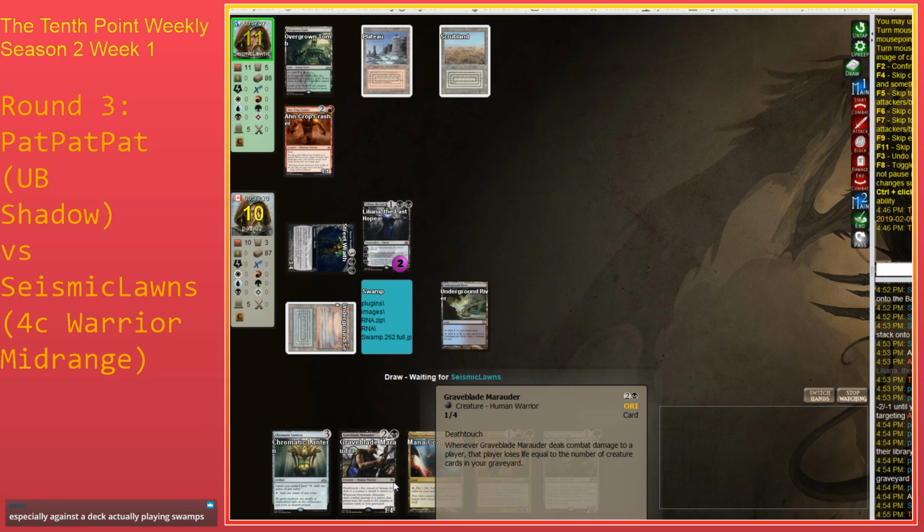Notably, the Great Marauder only has 1 power. So the Liliana just completely blanks it, because it's not going to do his Death Touch thing. Yeah, can't deal combat damage. Can't deal combat damage, so...